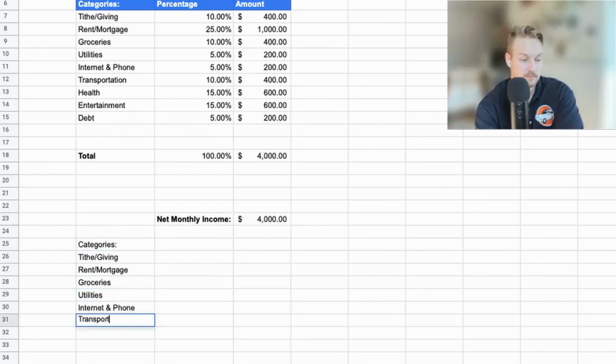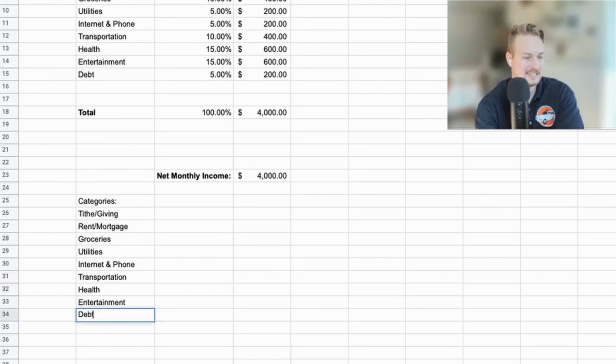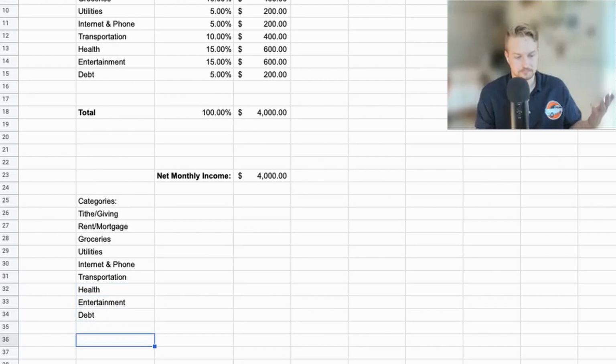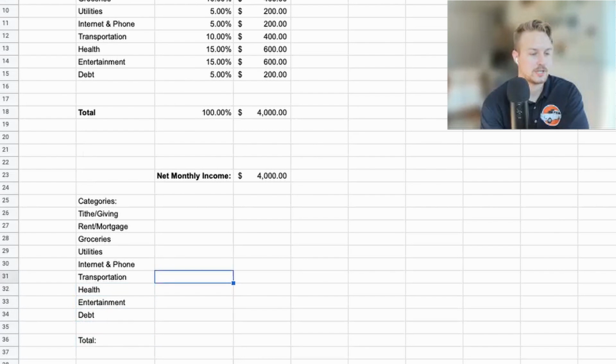Transportation, be it public or private. I guess your car would be private transportation. Health and entertainment, and then debt. And your debt category could be savings if you were trying to save for that first month of emergency fund. And from there, all we're going to want to check is that when we create our percentages